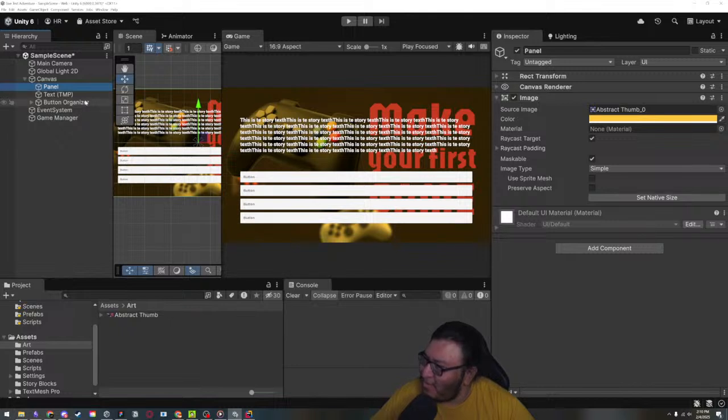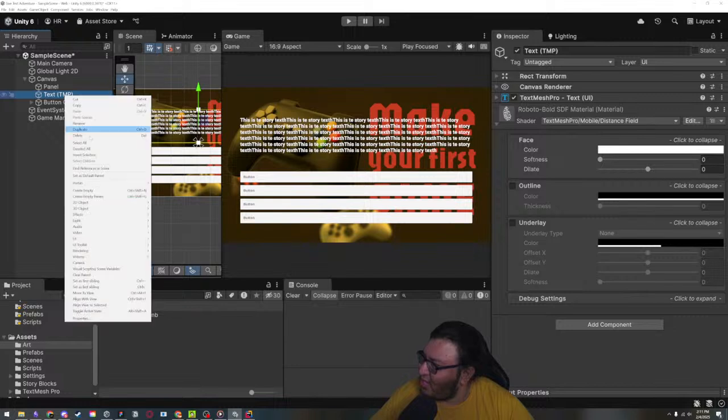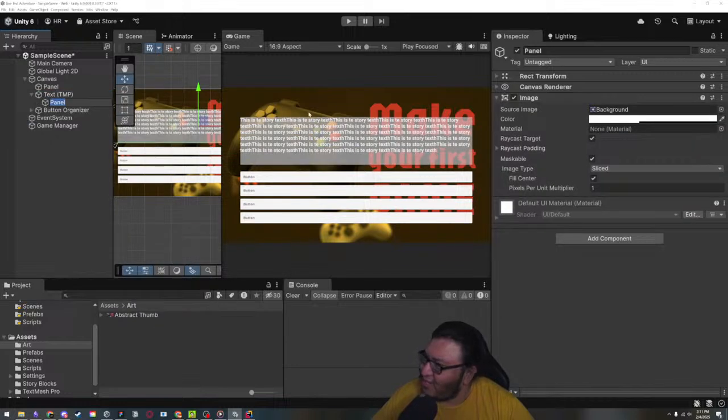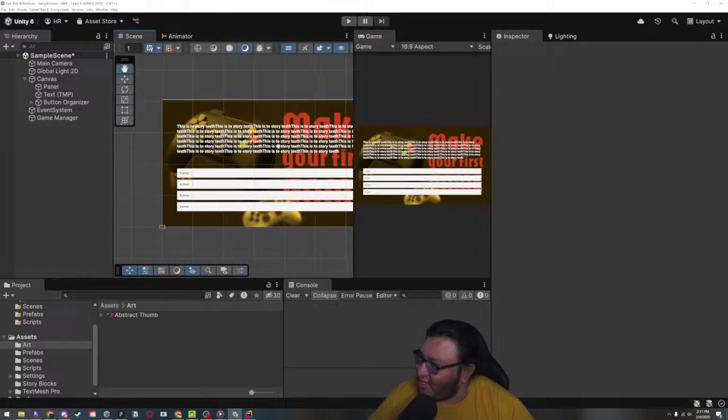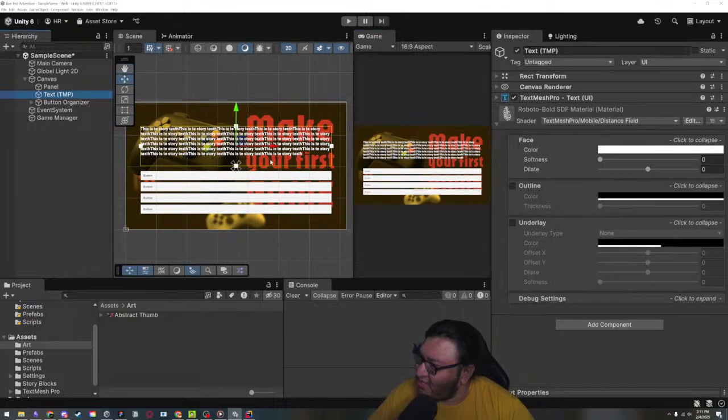And if we want to make this easier to read, we can make a new UI panel here. You can see now we have a panel here. And the reason why, okay, let me do that again because I feel like I'm just clicking and I'm not really explaining what I'm doing. In order to make a background for this, I'm going to right click on this text because we already have a size, we already have a dimension for this text, and it's this yellow bar you see right here, right? In order to add in the background, the first thing I'm going to do is